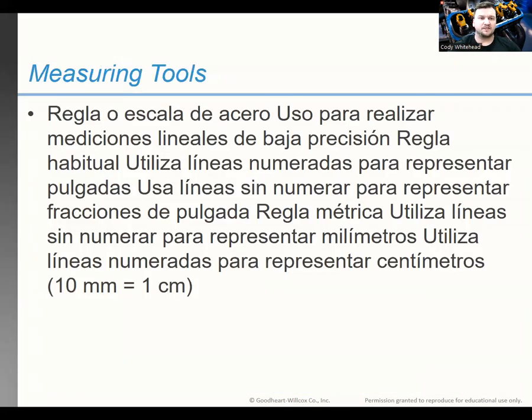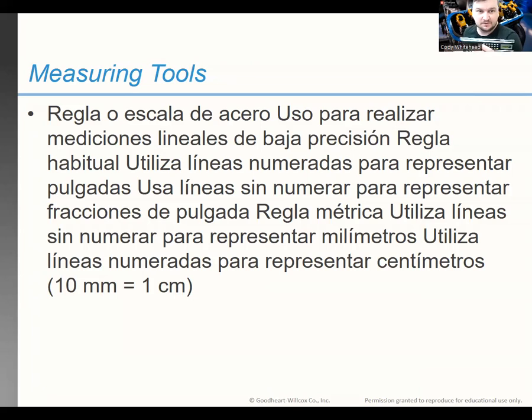All right, so measuring tools. A steel rule or a scale is used to make low precision linear measurements. A customary rule uses numbered lines to represent inches, and unnumbered lines to represent fractions of an inch. A metric rule uses unnumbered lines to represent millimeters and numbered lines to represent centimeters. So 10 millimeters is 1 centimeter. So, for example,